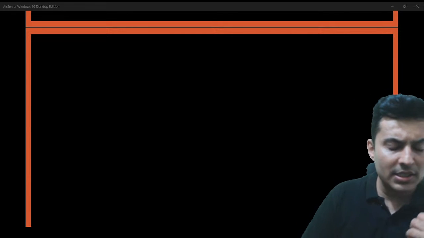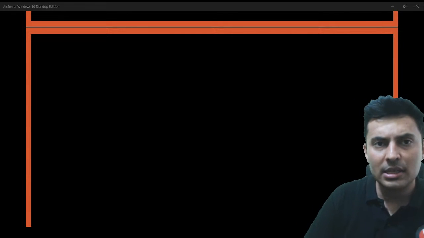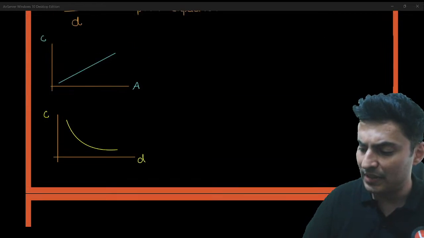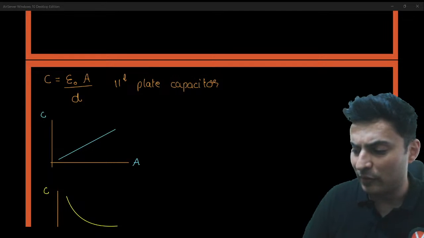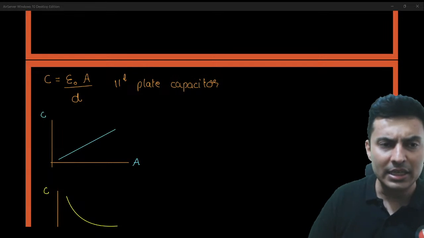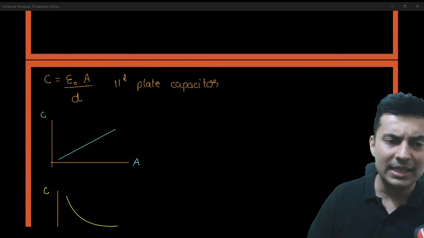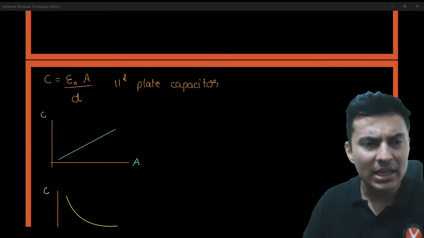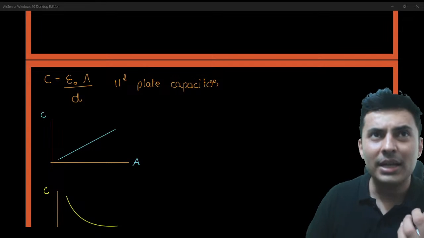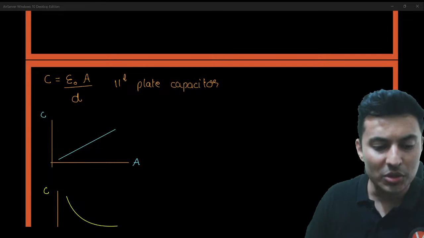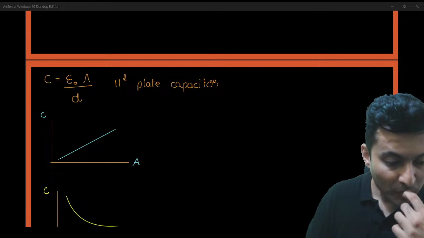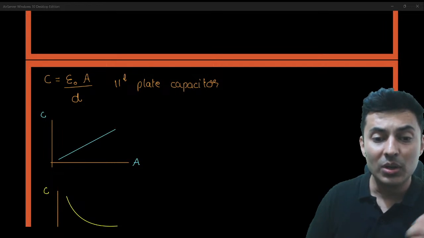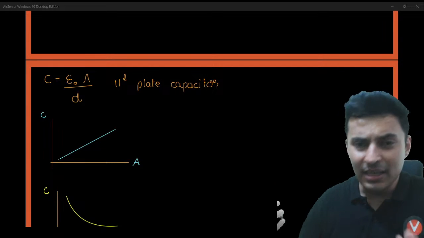In capacitors, apart from the energy graphs, and apart from this concept of a parallel plate capacitor, area being increased or distance being decreased, other than that, you do not have many graphs over here. But sometimes you might be asked questions like, what happens when a dielectric material is placed, and how will the capacitance increase and all of that.